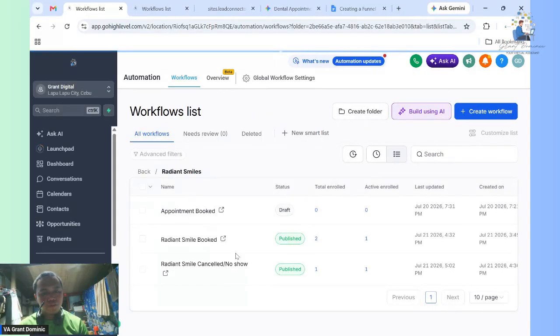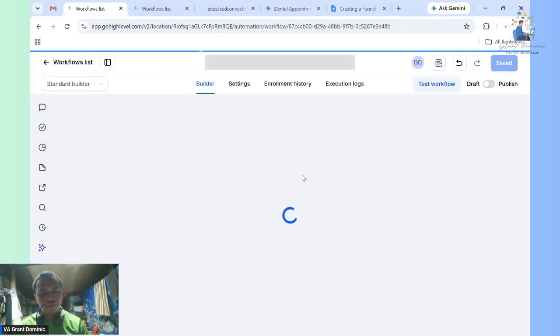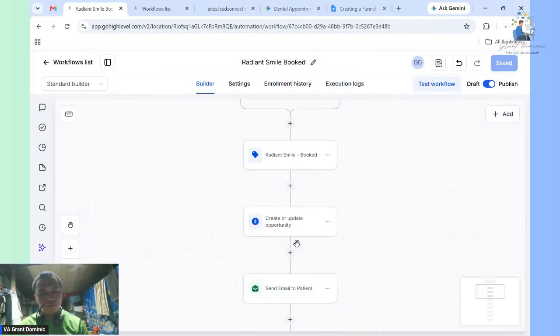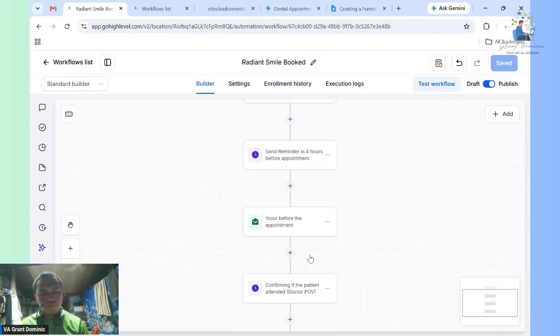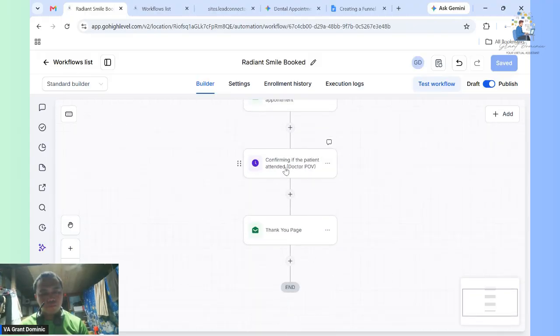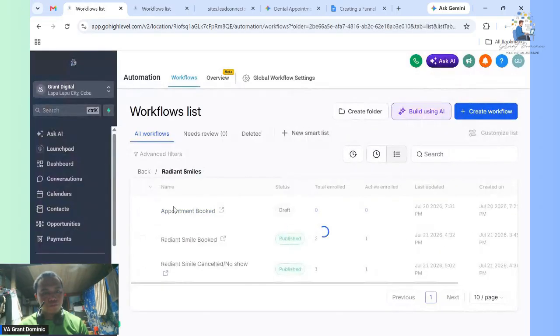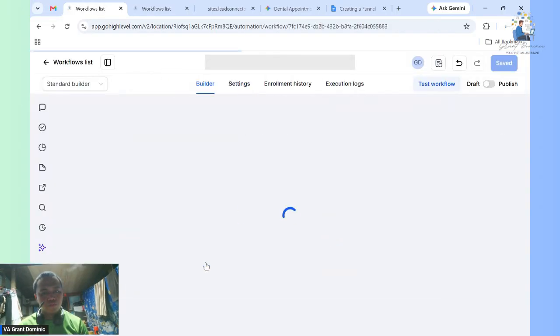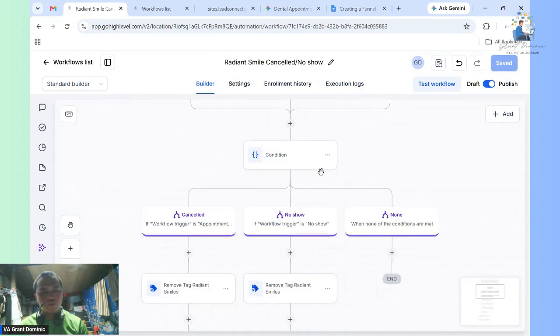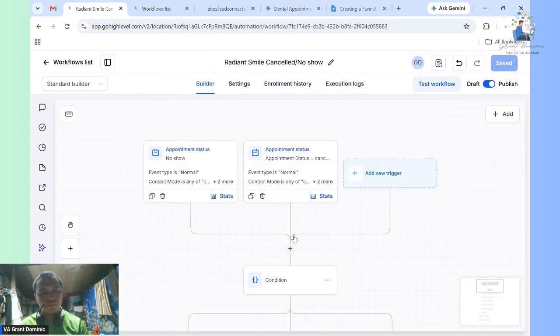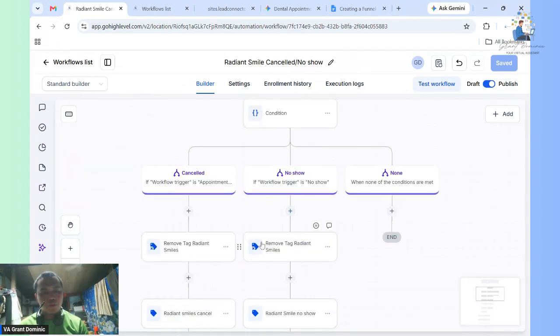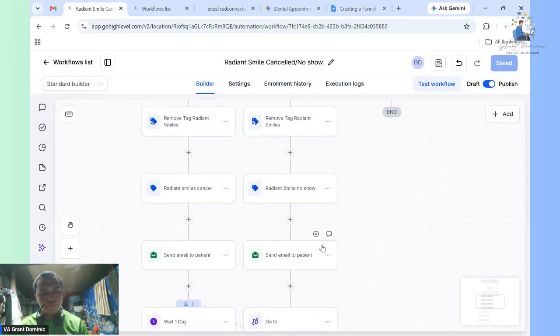How about this one? Let me see. So this one, the workflow will wait for 1 day.